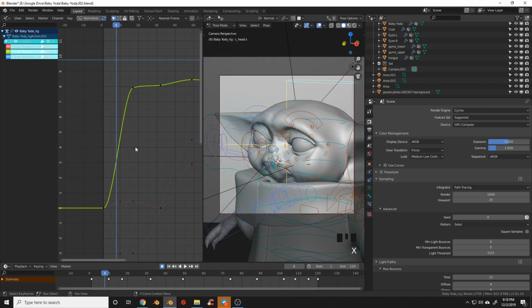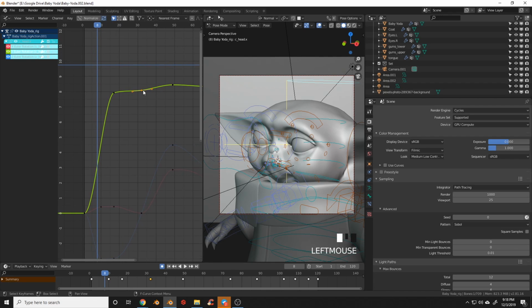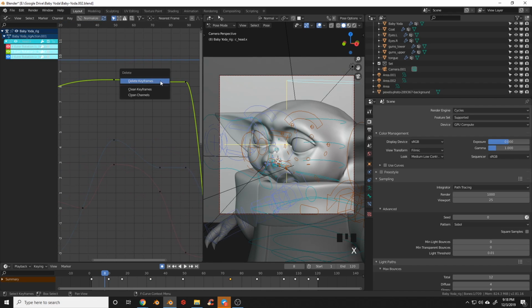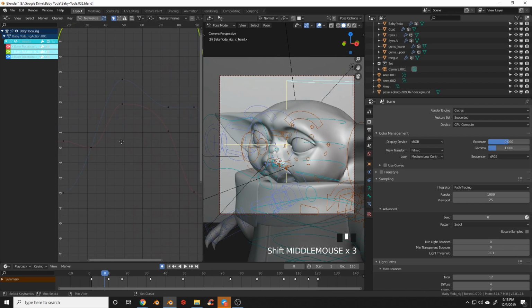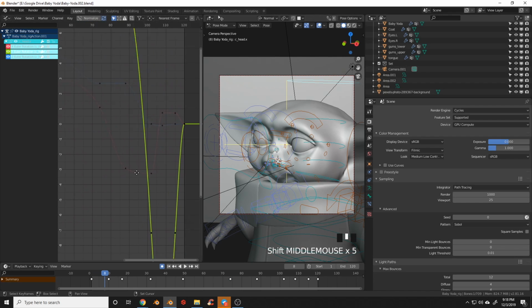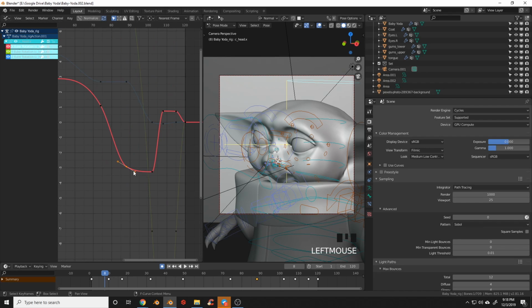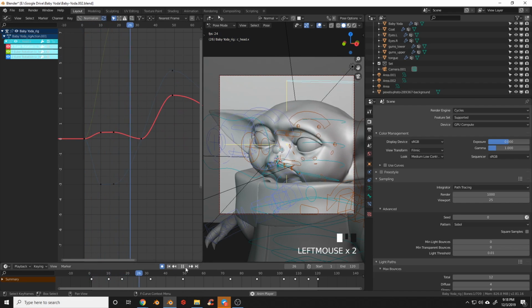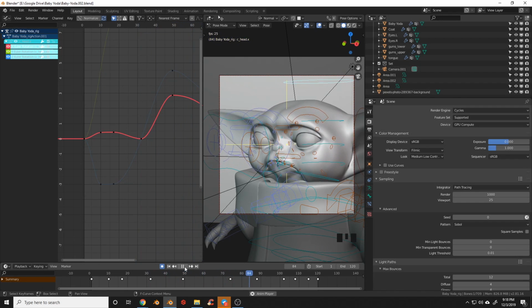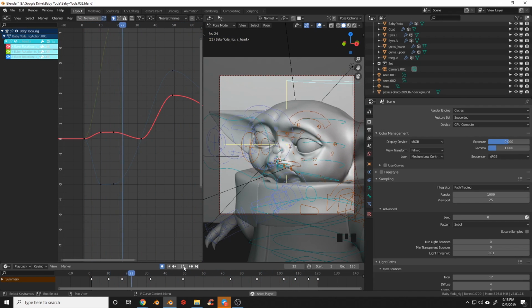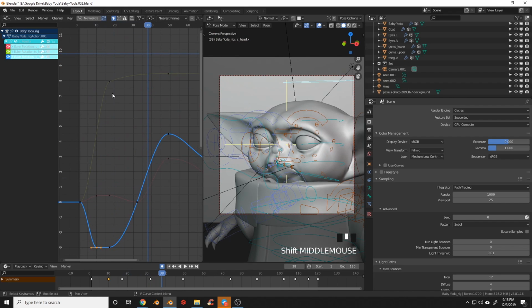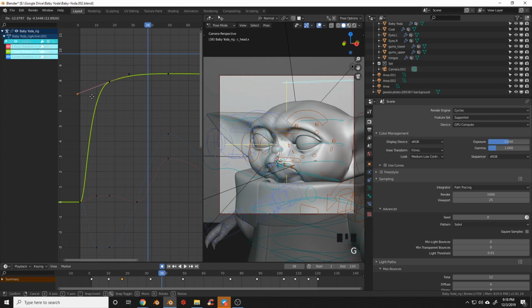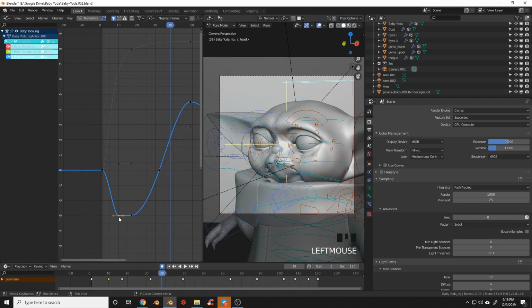This is a keyframe that it looks like I don't need. If I delete it, that curve's going to stay the same. Looks like this one will stay the same. So I can go through and clean up some of these keyframes here that are just cluttering my space. And looks like this keyframe could maybe be lost. Okay, cool. So already cleaning up may help a little bit. You can see that it already feels a little bit more natural. Now what we're going to do is go through and adjust the easing. So we know that we want to take this Y here. We're going to drag that out and give that a little bit smoother of a landing.